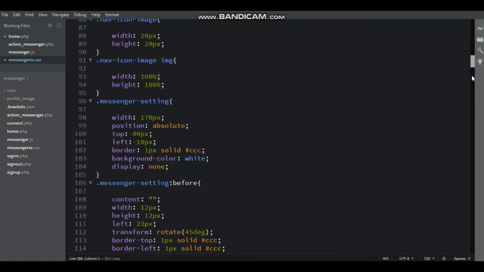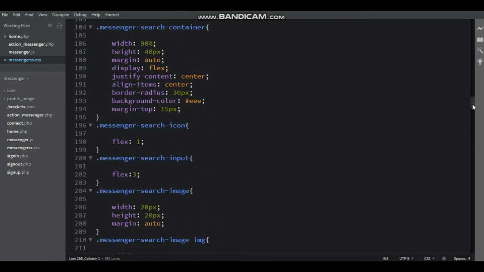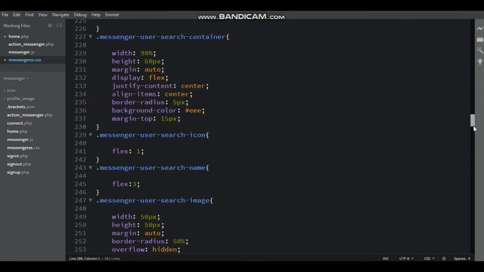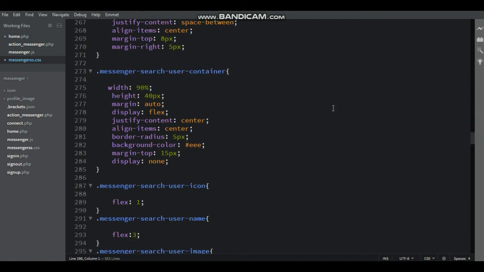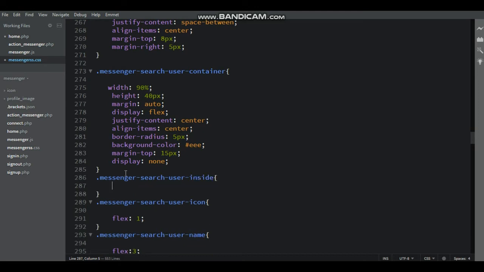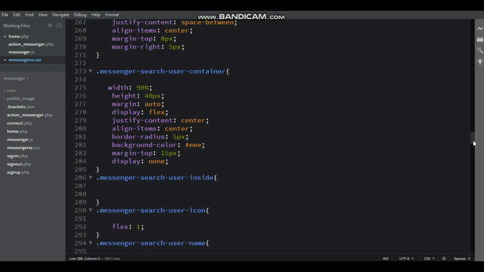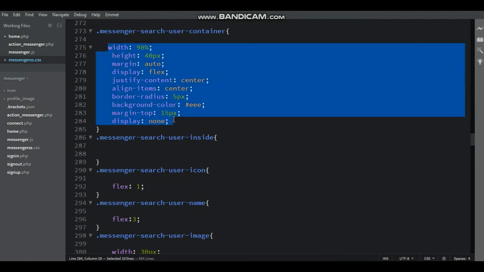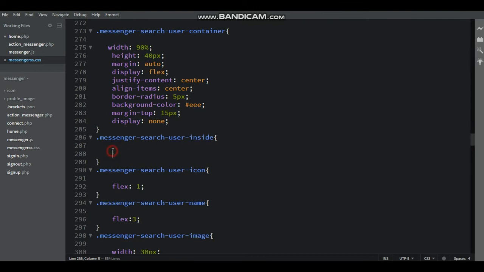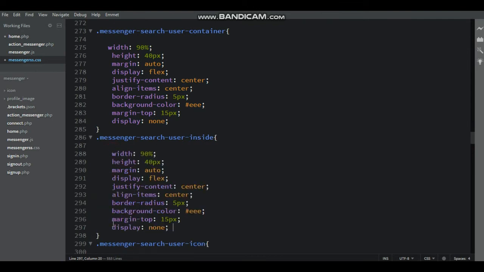Go to the messenger.css file, inside flower bracket copy all the design of messenger search user container.